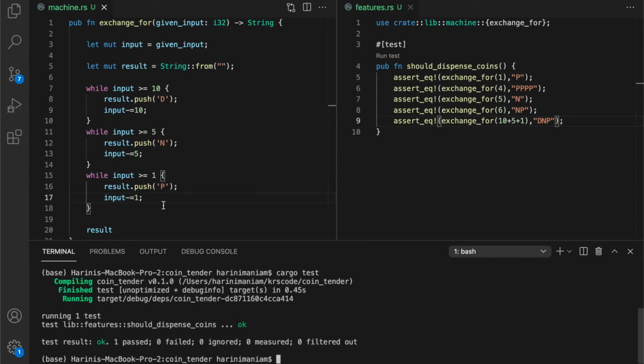So it's passing. So now we are seeing a pattern. While input is greater than or equal to 10, then push D. Input greater than or equal to 5, then push N. Reduce that much from the input. So how to convert this triplicated code into elegant and efficient code? A trick for that is that we can have this input, that is 10 and